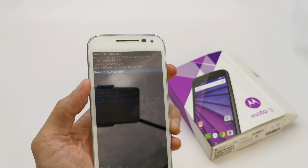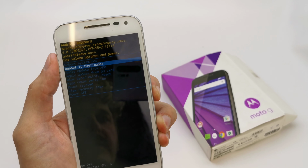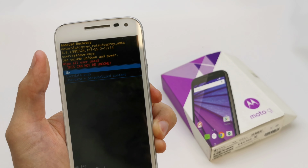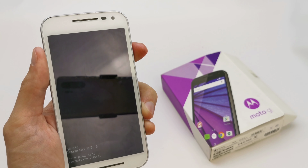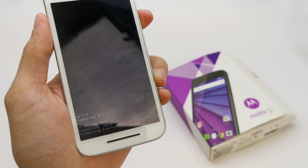And here you have a secret menu, from which you're gonna choose wipe data factory reset, accept by power, user data and personalized content, accept by power. The phone is formatting data, cache,